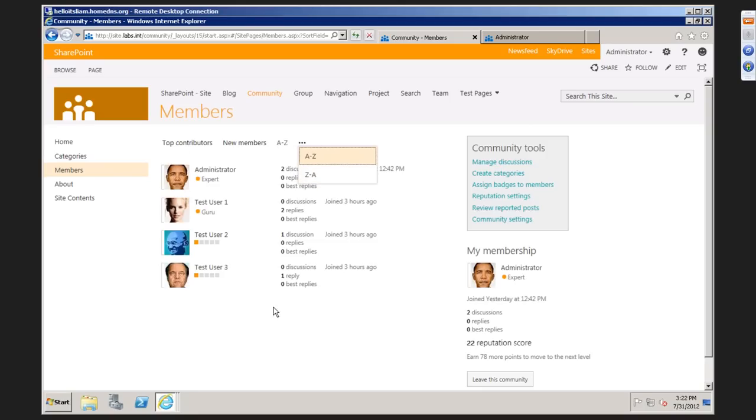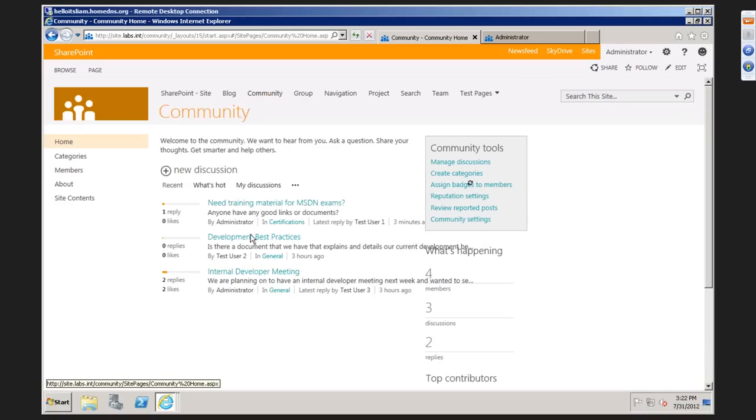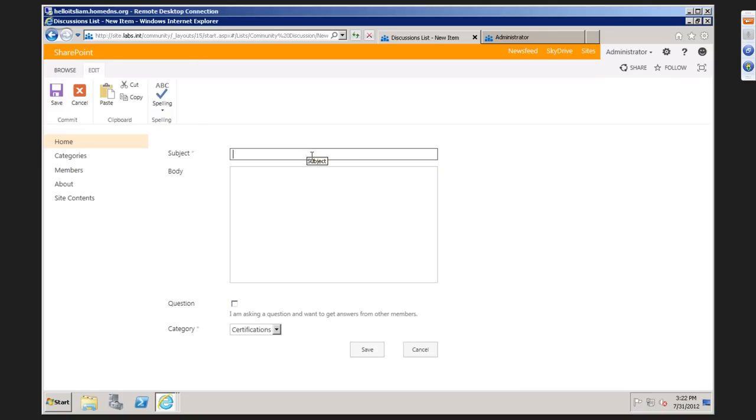So this navigation is consistent across all of the sites. Obviously it doesn't say top contributors and new members, it'll say other bits and pieces. So if I go back to the community site, if I want to start a new discussion, it's very straightforward,